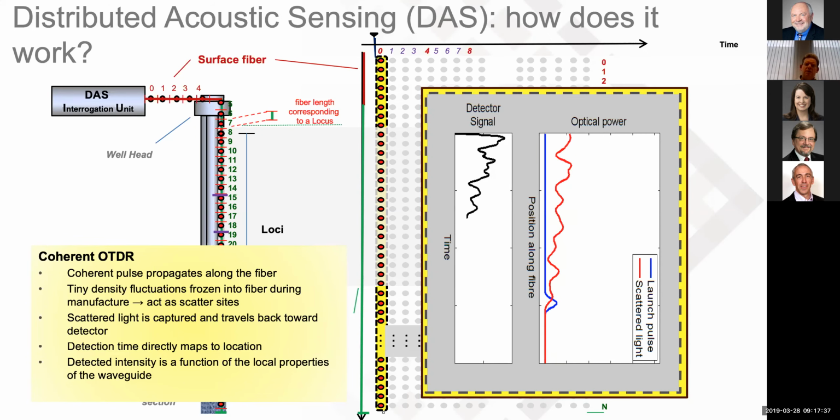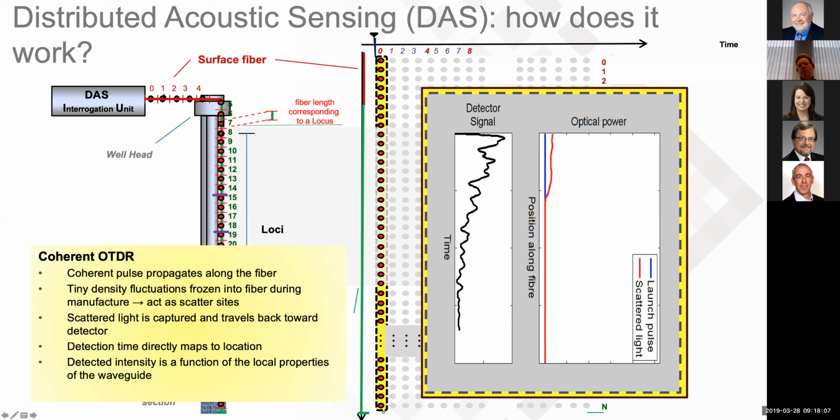Because the DA converter samples with a certain speed, you get a set of samples along the fiber. And then for each pulse that you shoot in the fiber, you create another column, and the rate of interrogation of these pulses is typically up to 50 or 100,000 pulses per second. So you can see that the amount of data collected can be large.